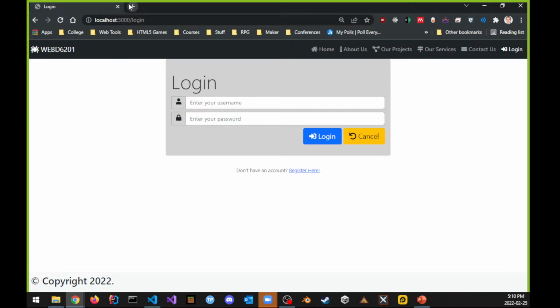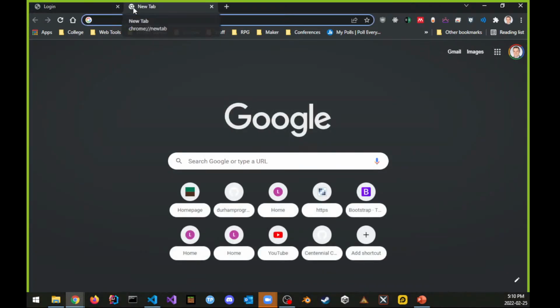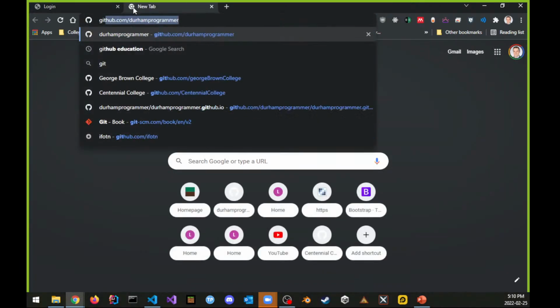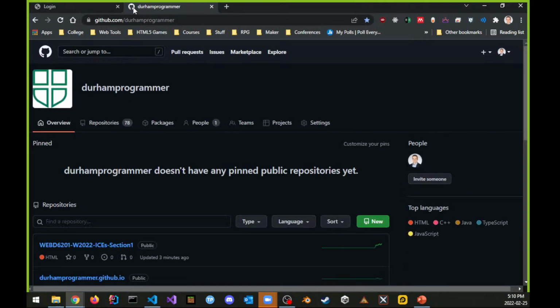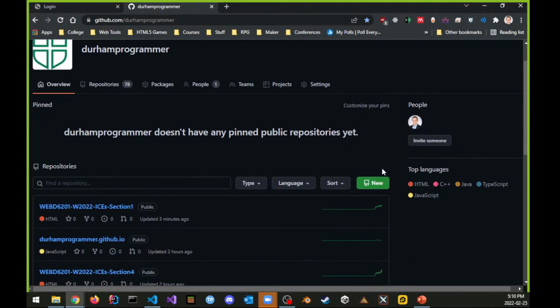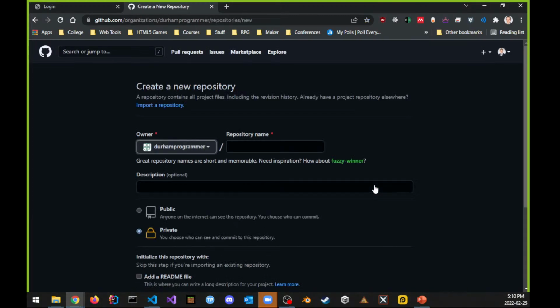So let's go to the repository. Let's make a brand new repo. So I did this earlier today. So I want to go to github.com and let's do what you would do normally. You would go up here and say, I want to make a brand new site for all my ICEs. Sounds logical, right? We would say something like, this is your account name, and we would say